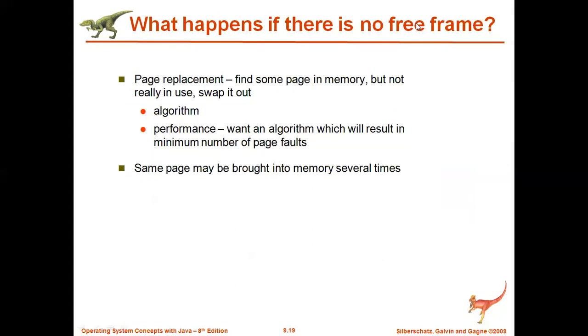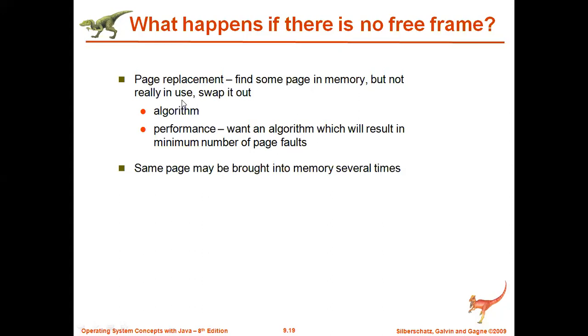So what happens if there is no free frame? That is what I said. If the frames are not free in your main memory, in that case page replacement has to be done. Page replacement is nothing but, whichever pages are sitting in the main memory for a longer time, idle or least recently used, whatever logic we apply there, we shift them and replace that page sitting in the main memory with the page which is coming inside. Find some page in the main memory that is not really in use, swap it out, which has not been used for a longer time. That page you send out and bring the page which the CPU is looking for. That concept we call page replacement.